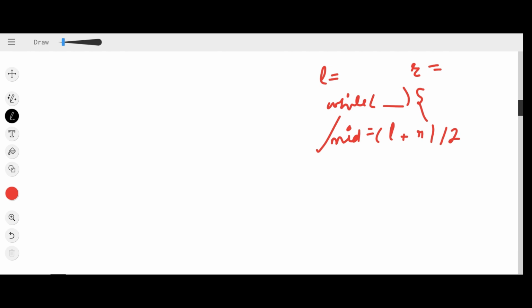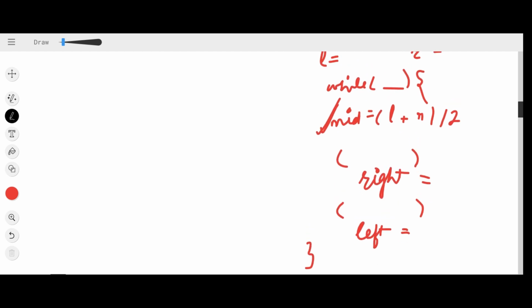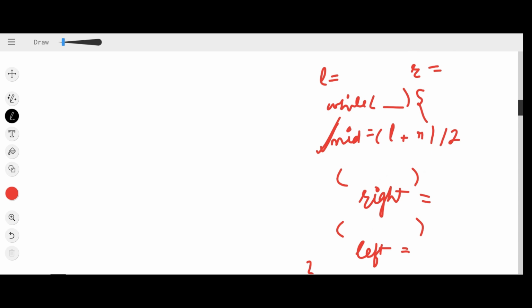After finding the mid, we used to check a certain condition, and then we updated our right according to the mid. Again, we used to check a certain condition, and similarly we updated the left pointer according to our mid. So this was all about binary search. Now let's see how we can utilize this binary search in this problem. So this was my array and my k value was 2. So I will initialize my L to 0.0, which means the minimum possible distance.